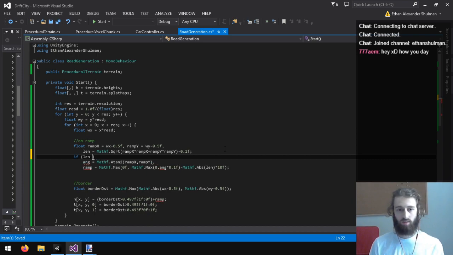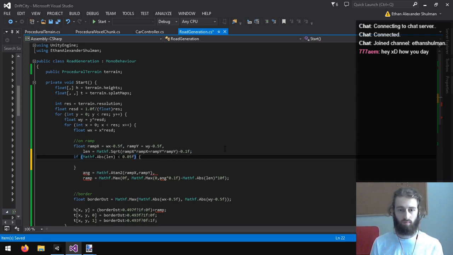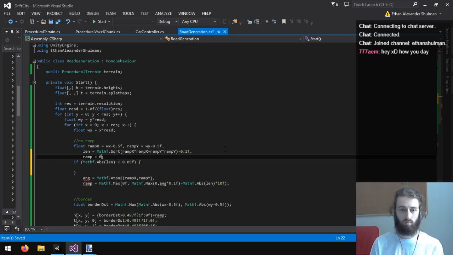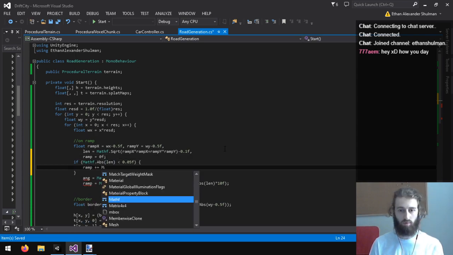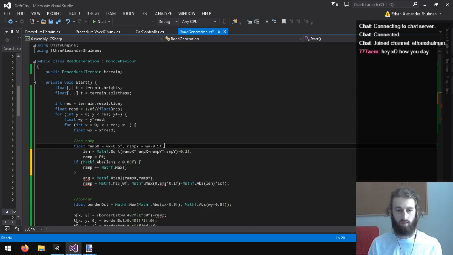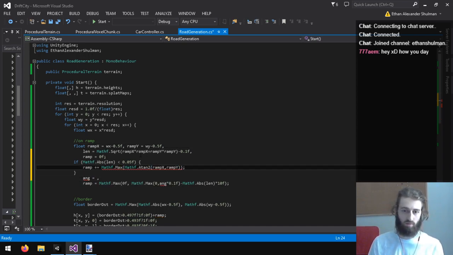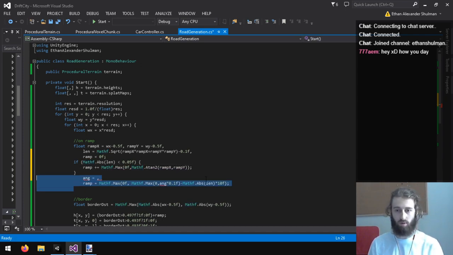If length times length smaller, I guess we'll just do absolute value length smaller than 0.01f, then ramp plus equals atan2 max 0. And we can flip this negative to go up the other way.